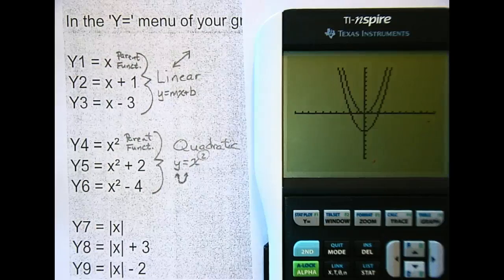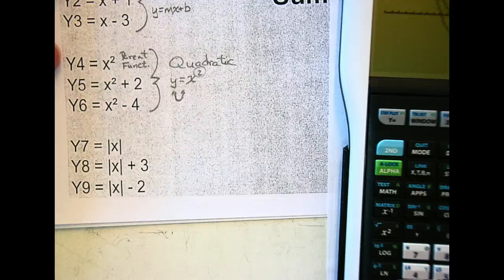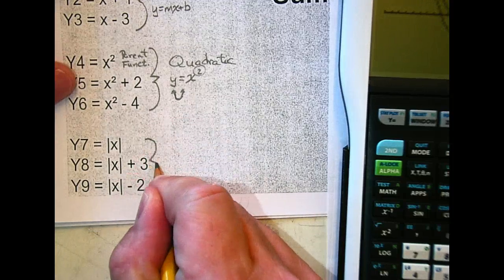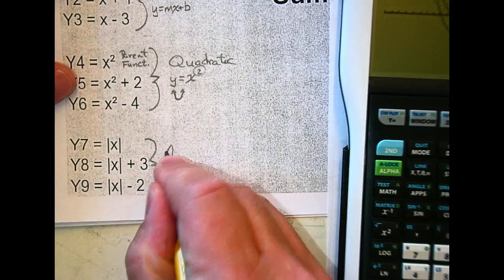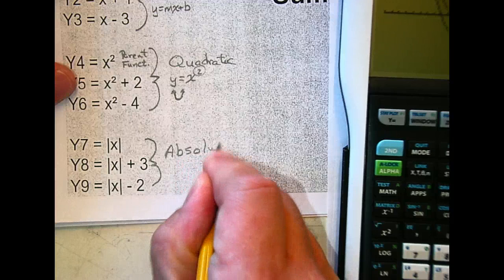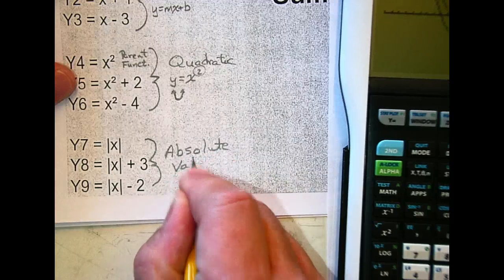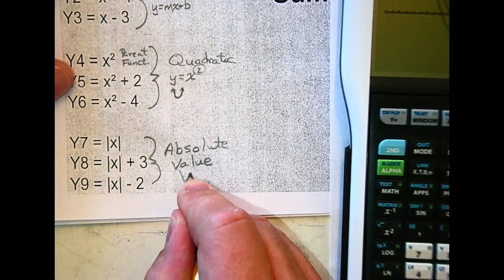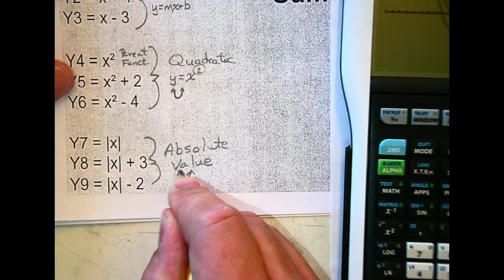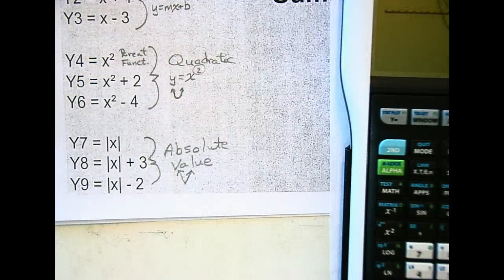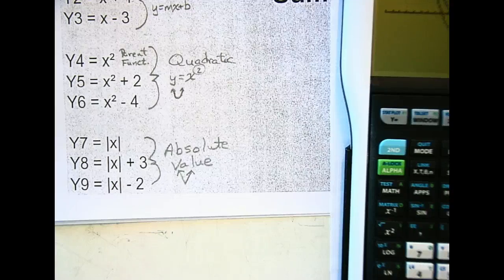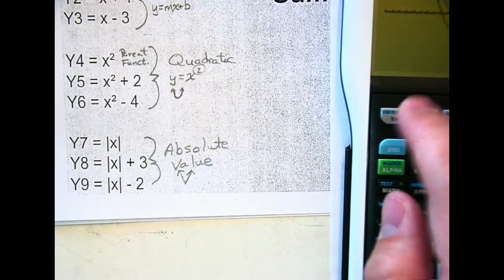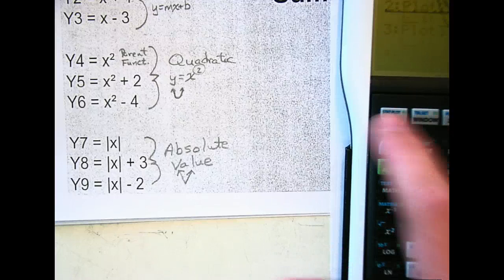Okay. The last one is, anyone know what types of functions those are called? Those are called absolute values. Absolute values. And they are in the shape of a V for value. That's why they're, no, that's not why they're V, but yeah, it might be a way to remember it. They're in a V shape. Absolute value goes in that V shape, and when you're putting them into your calculator,